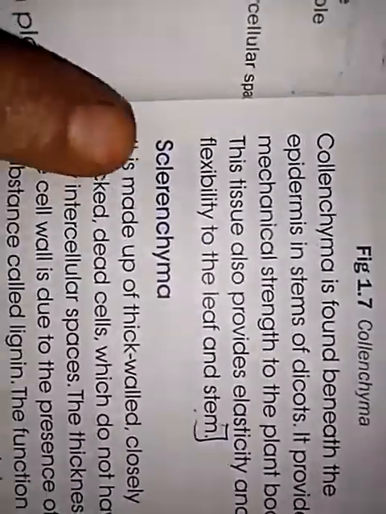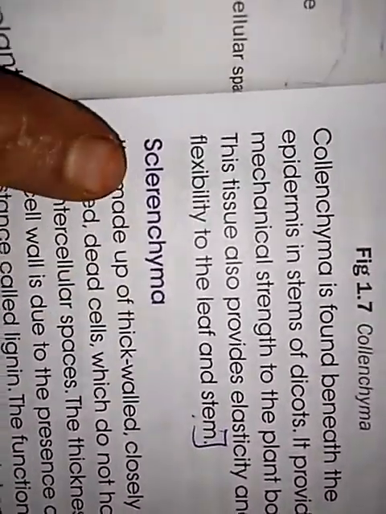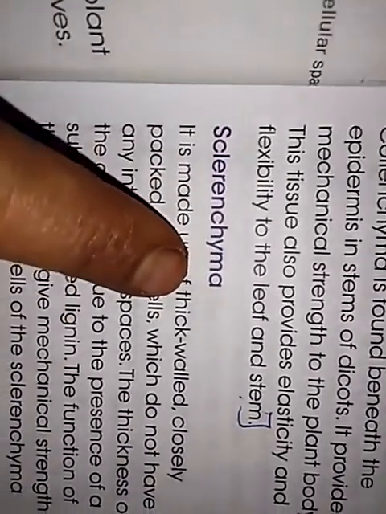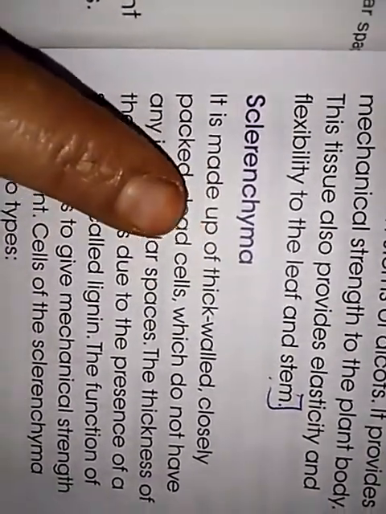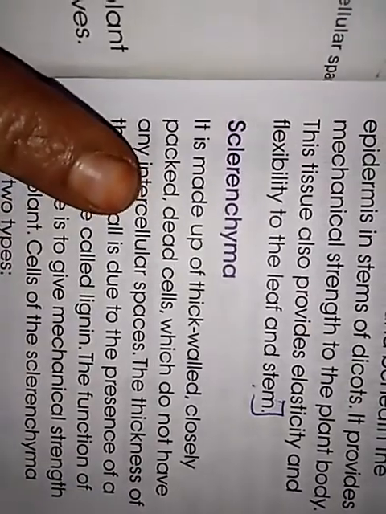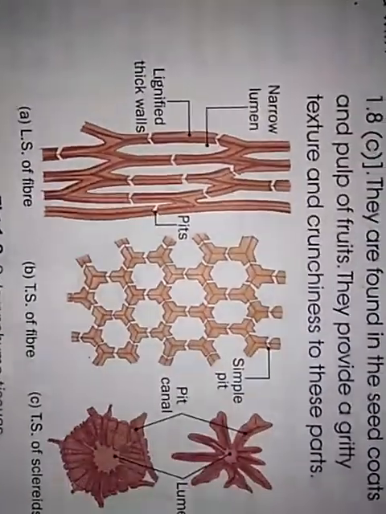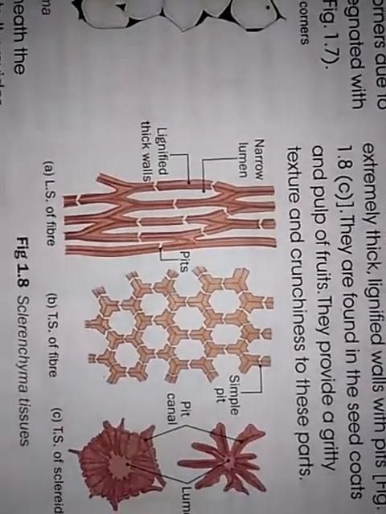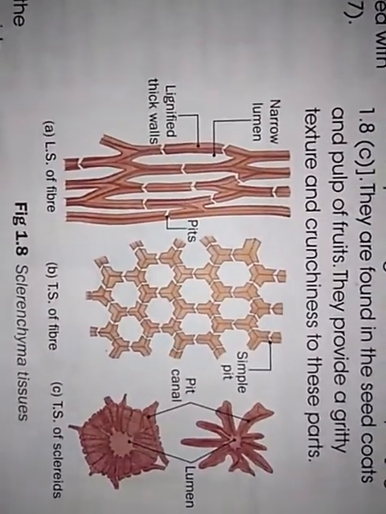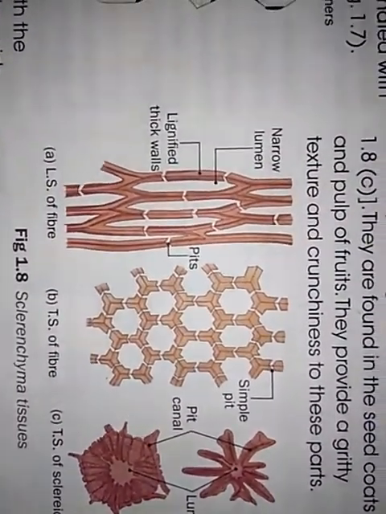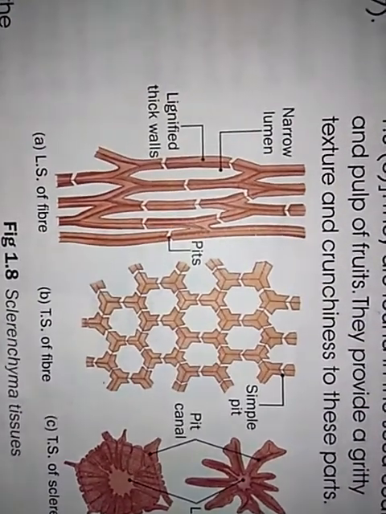Now, let's see about sclerenchyma. How do you pronounce it? Sclerenchyma. Sclerenchyma is a type of simple tissue. Once again, I will tell you,